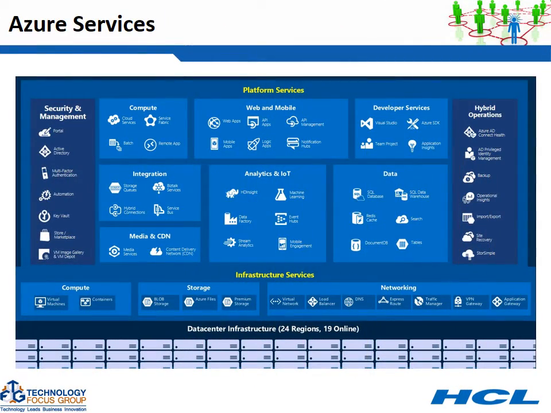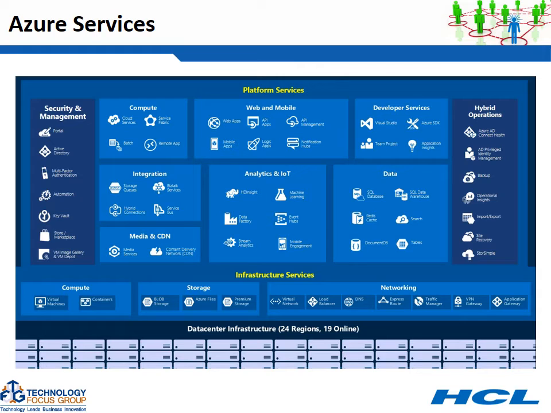Azure provides a whole lot of services. These services are segregated into the standard models, like infrastructure services and platform services. The infrastructure services include compute, storage, and networking. Here, compute provides the raw processing power and includes virtual machines. The storage provides the raw storage areas, and it's implemented in terms of blob storage, Azure files, etc. In networking, we have virtual network, load balancer, DNS, gateway support, etc.